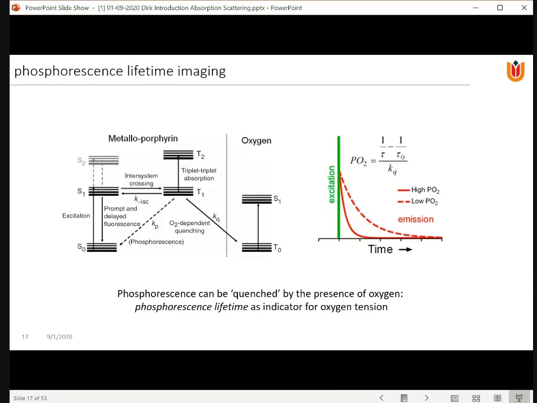If there is no oxygen, or if there is not a lot of oxygen around, then there will be kind of continuous long enduring phosphorescent emission. That is the dotted line in the graph. Low oxygen tension, low PO2. But if there's a lot of oxygen, a high oxygen pressure, then this phosphorescence will be quenched,